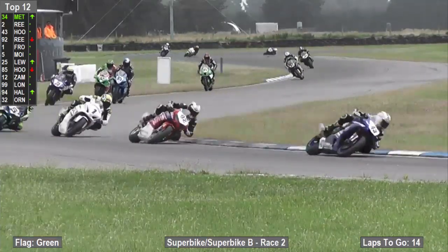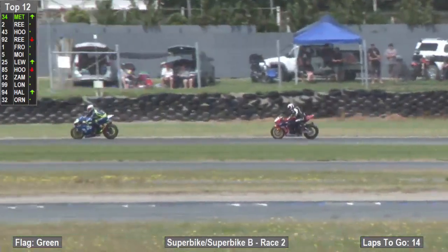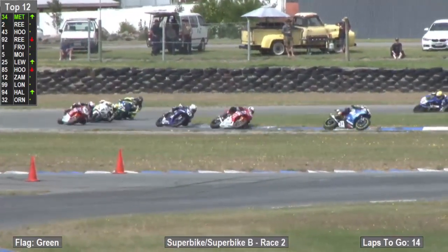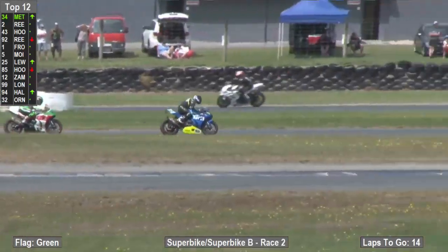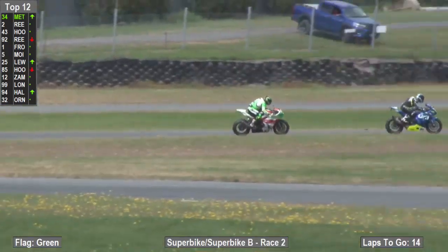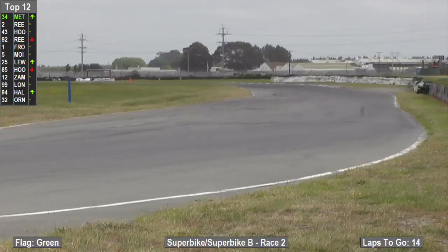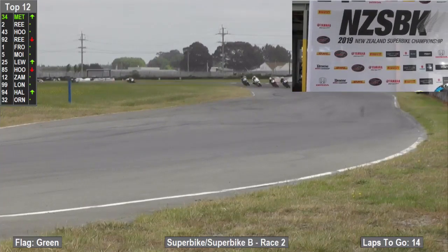and into the Icon corner. Down into the left-hander, the Euromark left-hander, so we'll have to see if we can cross down. Neil's going to be down there trying to do the podiums, so we'll cross down to Neil, who's got the 125 GP podium down there. I'm just trying to catch an update there. We'll have to see if we can catch up with Neil. Got the 125 GP boys down there as we watch them out of the Christchurch Casino Carousel